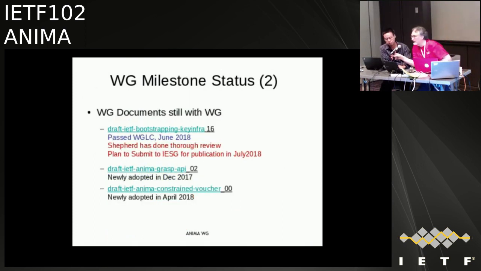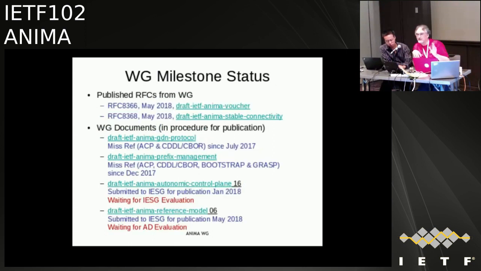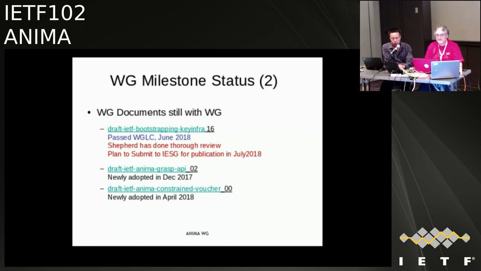So the quick summary is that of the original goal, the first round of 7 documents, 2 are out now, right? Since the last IETF. The first 2 RFCs that we have are still held hostage in the RFC editor queue. So it's the 3 others that we're basically just pushing through to get all the remaining 5 released. That gives us 3 documents in the current working group stage. Bootstrap key infrastructure already passed the working group last call last month, and it's planned to be submitted to the IESG this month. And we newly adopted